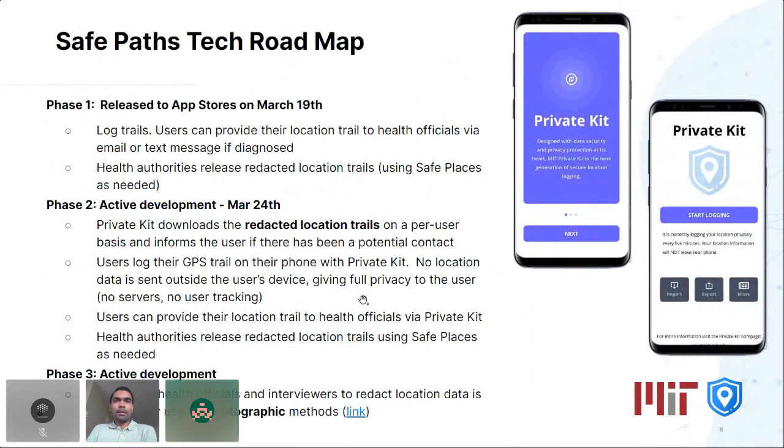The roadmap here, like I said, is that phase 2 is currently in active development. And right now we're working with a lot of government authorities across the world to deploy the solution. It is ready to be deployed in multiple countries across Central America, Africa, Europe, Asia, and so on. So we're in very advanced conversations with a lot of country officials who are interested in implementing these solutions. And the app is also being translated into multiple languages, I think 15 to 20 languages.